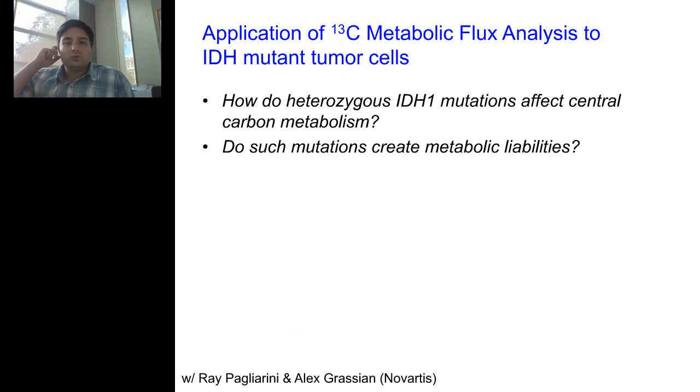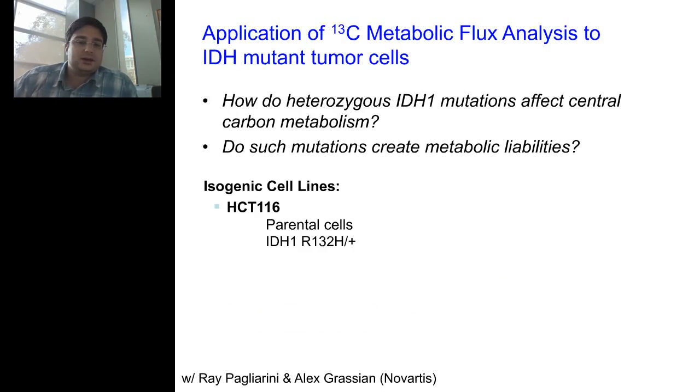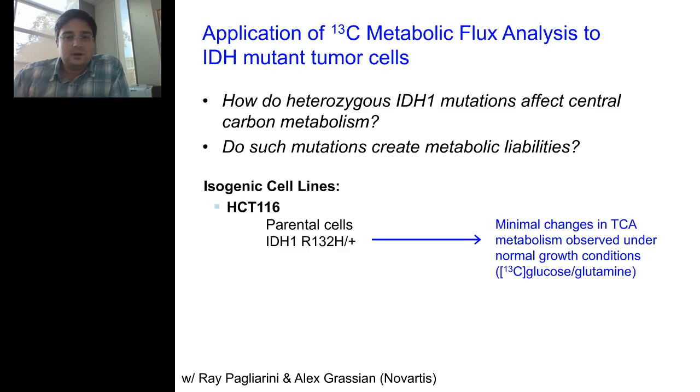So to do this, we've employed an isogenic pair of cell lines in collaboration with some folks at Novartis, and tried to address two questions. How do heterozygous IDH1 mutations affect metabolic flux in these cells, and do they create liabilities that can be exploited? So using a background cell type of HCT116 cells, we studied several clones, and I'll skip over some of the early results, but one thing we found is that